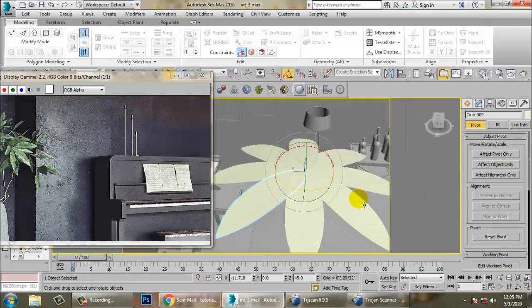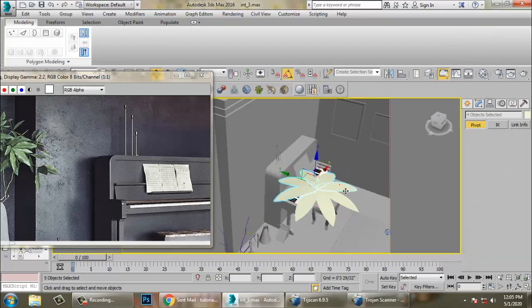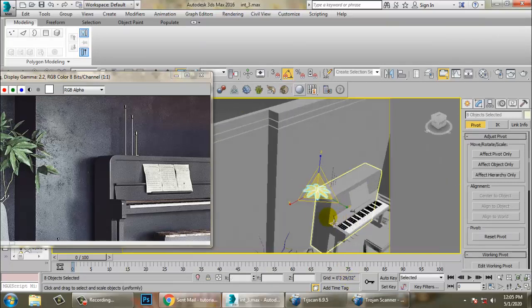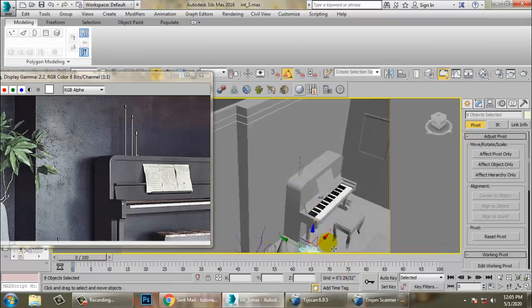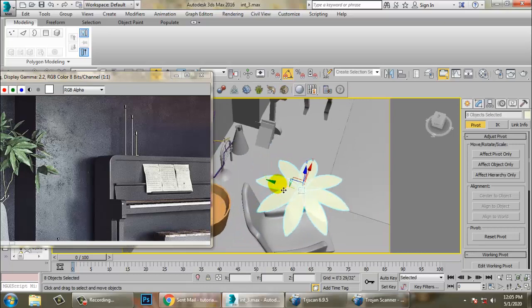Alright, once you're done with this, you can just select this all, scale it, and let's just place it wherever you need it.